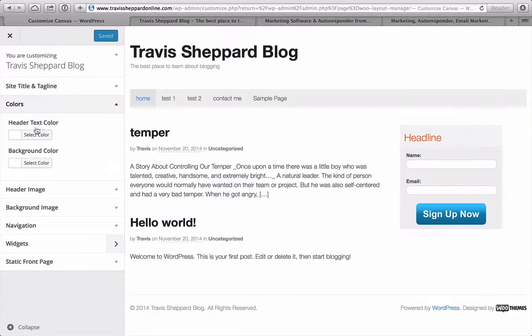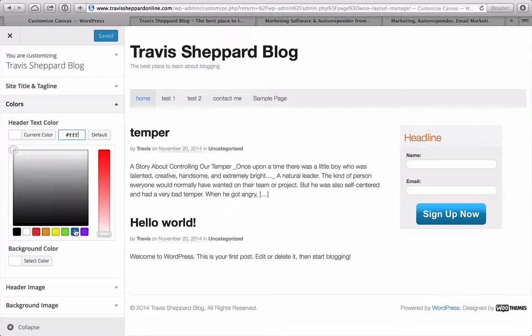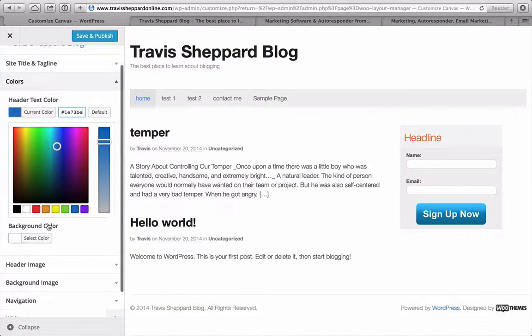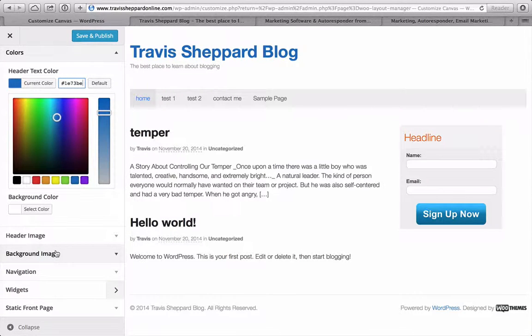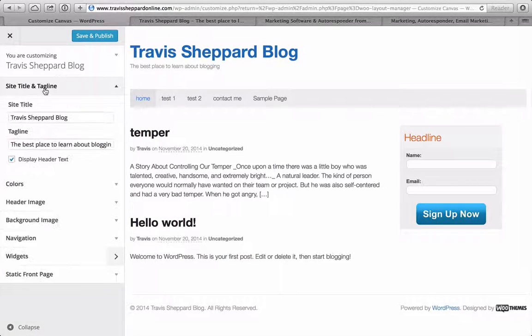So you just click on it, select the color, and it changed. We can do that for anything you want. You can change the colors, change the headlines,